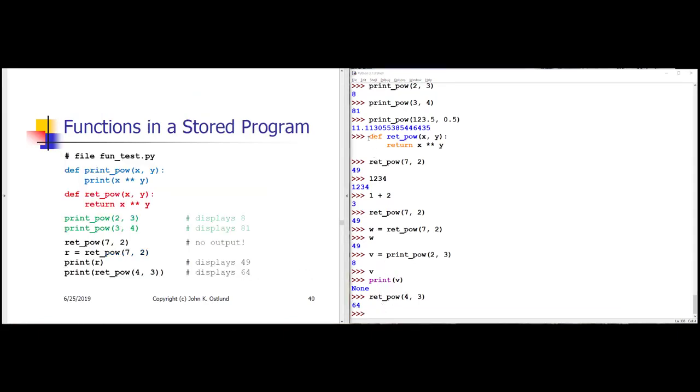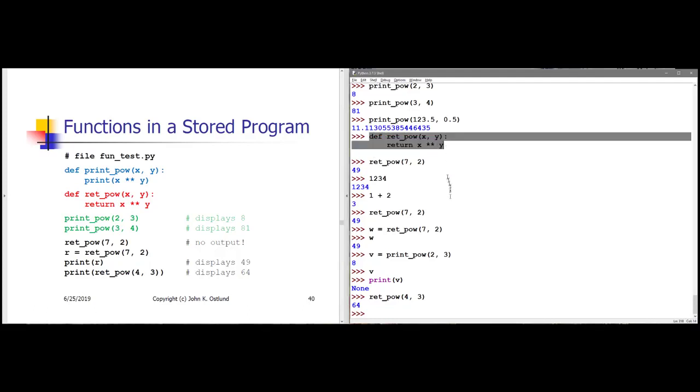Notice that it's pretty awkward defining functions in the interactive shell, especially if the functions are very long. Now, if the function is only a couple of lines long, that's okay. And that's reasonable to type. And in fact, IDLE's interactive shell gives me the indentation automatically. So if I say def